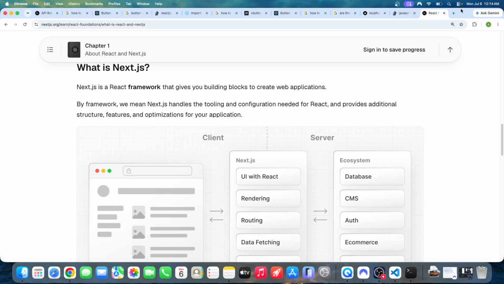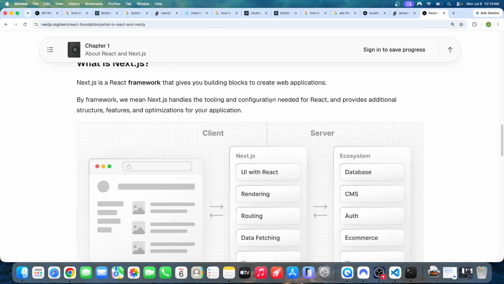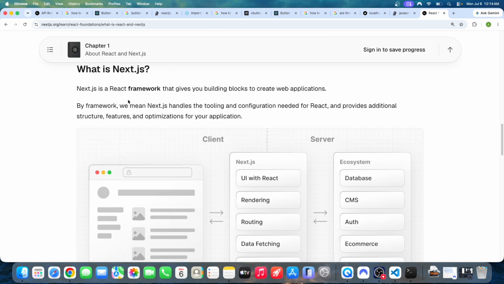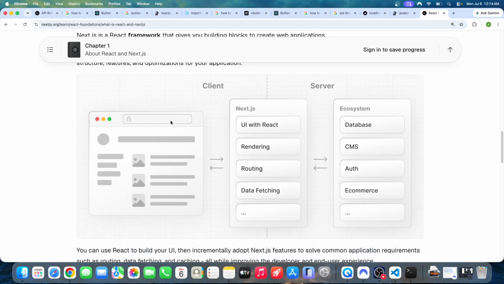Mine is not working, 12 a.m. and I'm just so tired, but we will keep going. Let me just read this again. Okay, so